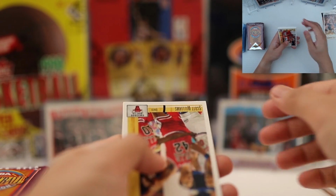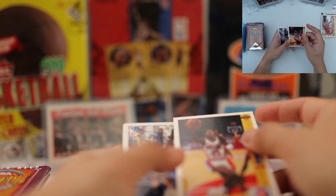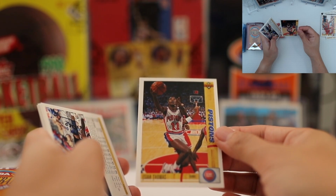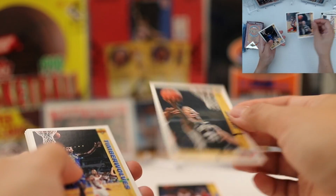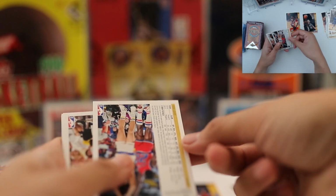Bobby Hansen, Scott Williams, Isaiah Thomas. There you go. That's our first star and first hit from this video. Isaiah Thomas and Sean Elliott, Doc West,